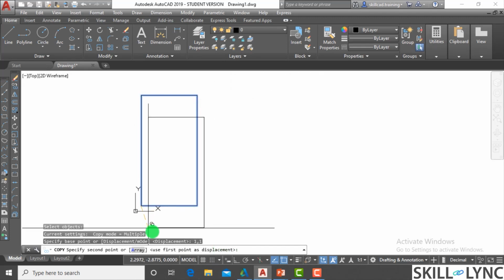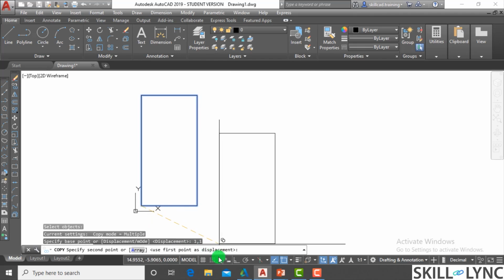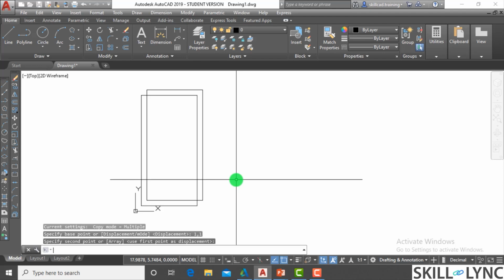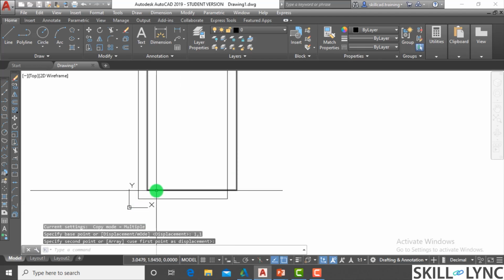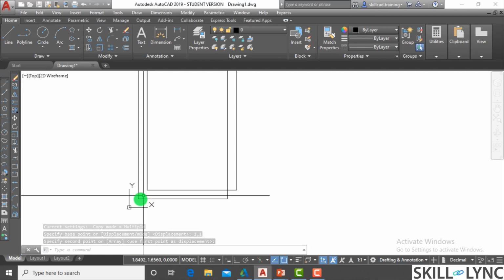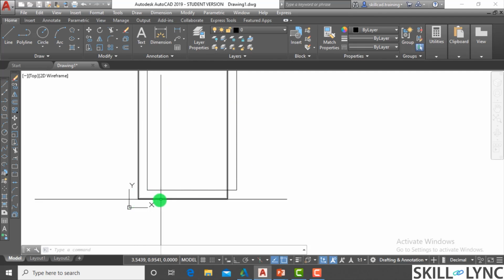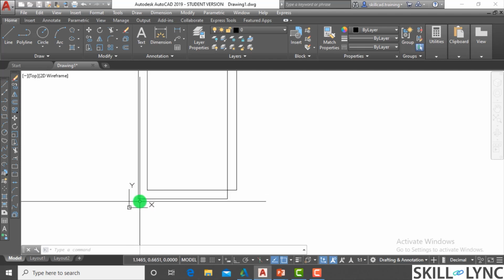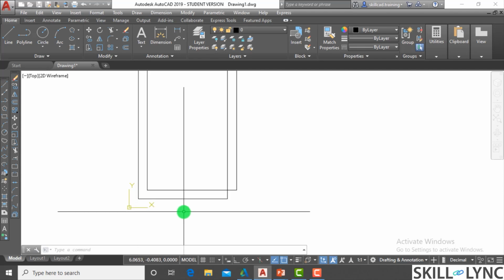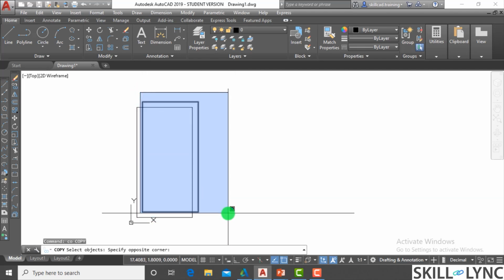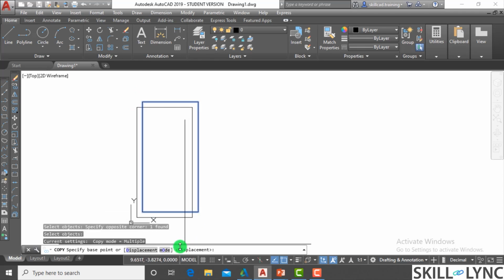Now here we have this first point of displacement. It will create a copy at a particular distance from the origin. Let's say this point is at a distance of 1, 1 from here. Similarly, this point will be at a distance of 1, 1 from the previous point. So the first point of displacement means if I use the copy option,